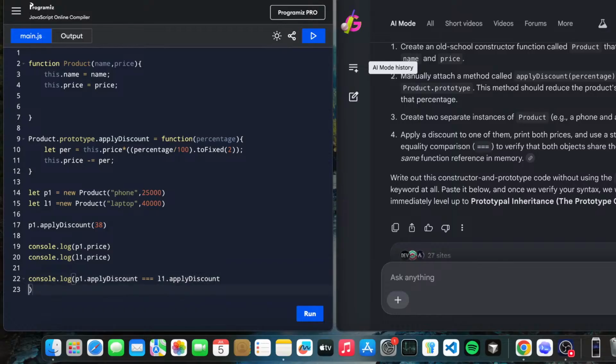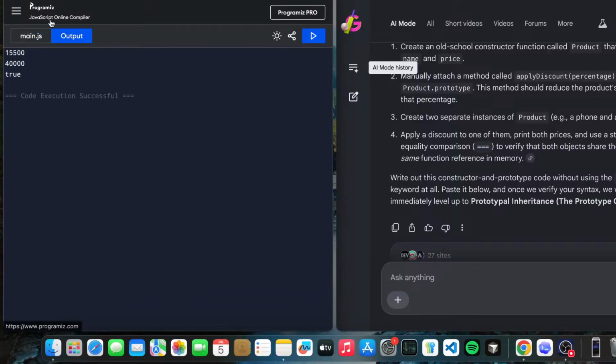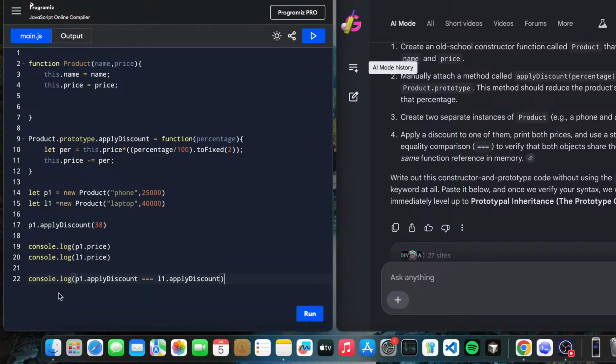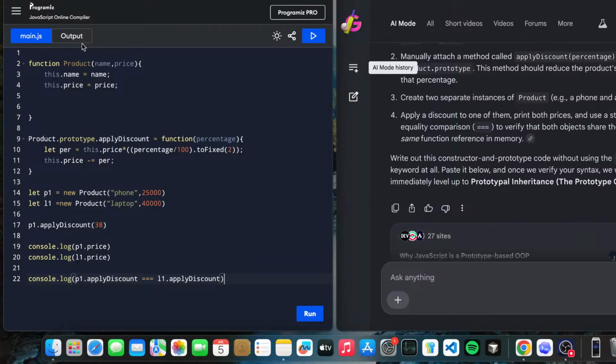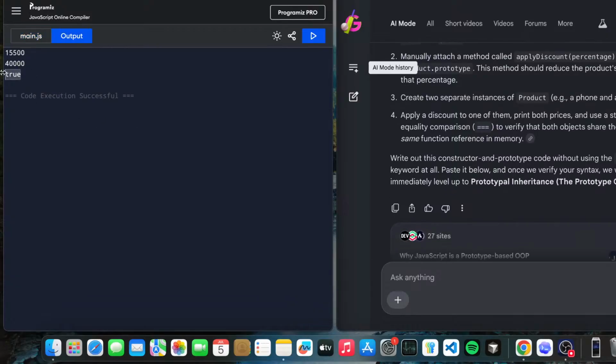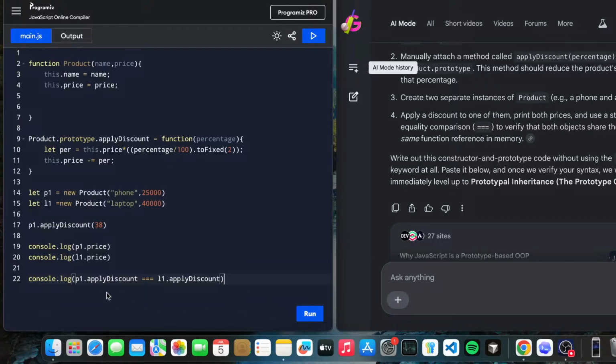Okay, let's run. It's true, you can see this is true. To verify both use the exact same function reference in memory, we have just checked the memory reference. This is true. Both use the same single function that we're using.